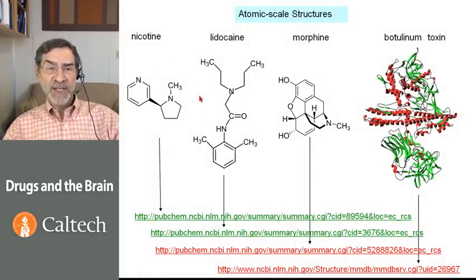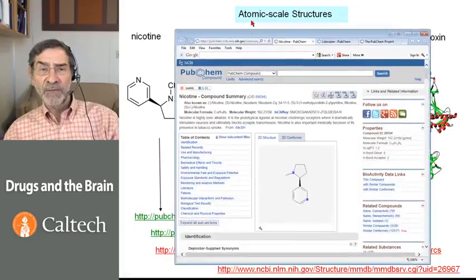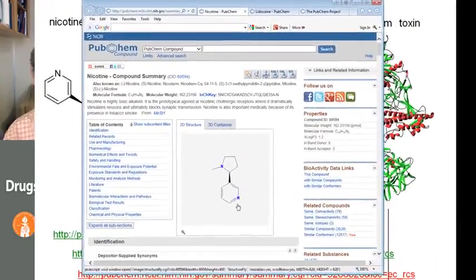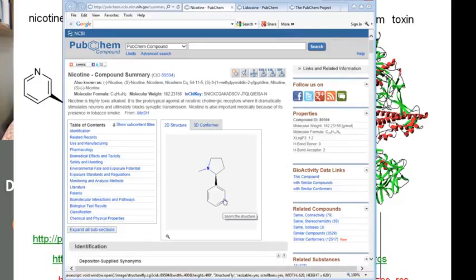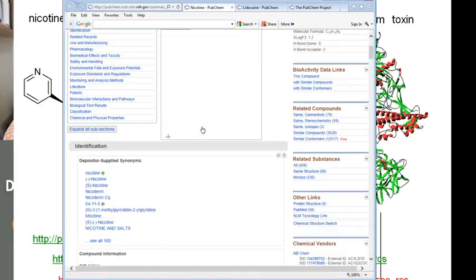In terms of atomic scale structures, it is perhaps useful to go to PubChem, to the record for nicotine, for instance. What do we see here? We see that the nitrogens are in blue. This is more or less standard. And to get the best possible